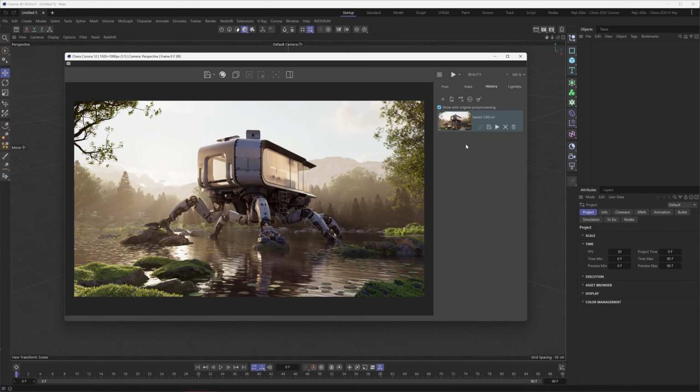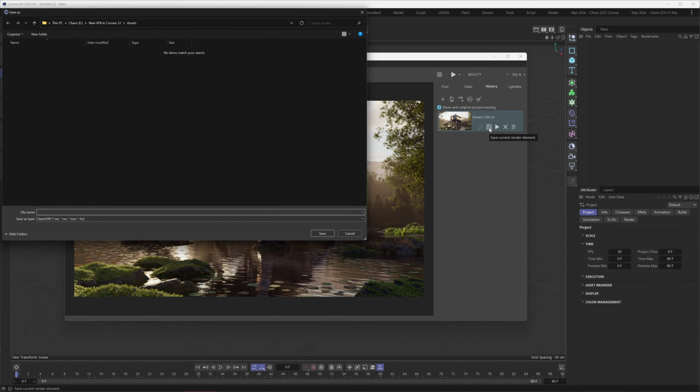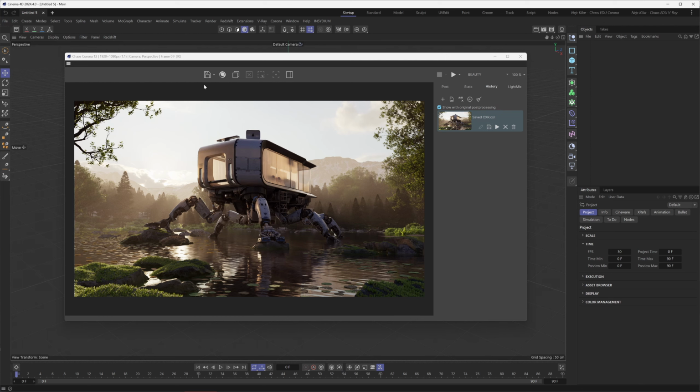And when you're ready to save out the updated image, once you're done making changes to it, so let's just say we played with the settings a little bit here, we changed some of the tone mapping parameters, we can just go under history here and click this little save icon and save the file anywhere we'd like to. Do note that at the time of recording this tutorial, you cannot save the updated image using this save button here, but